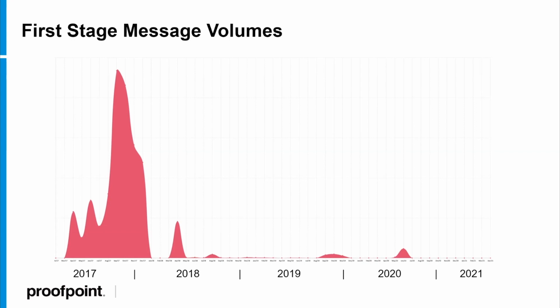Some number of those people are going to pay, and that's how we're going to make our money here. But as we move to the right side of the graph, we see that the volume has actually gone down, and that little hill in the middle of 2020 is a few million messages. And so there are a lot of cases of tens of thousands of messages that won't even show up on the graph here, basically. But how do we reconcile this idea that the ransomware as a first stage payload just kind of being sent out by